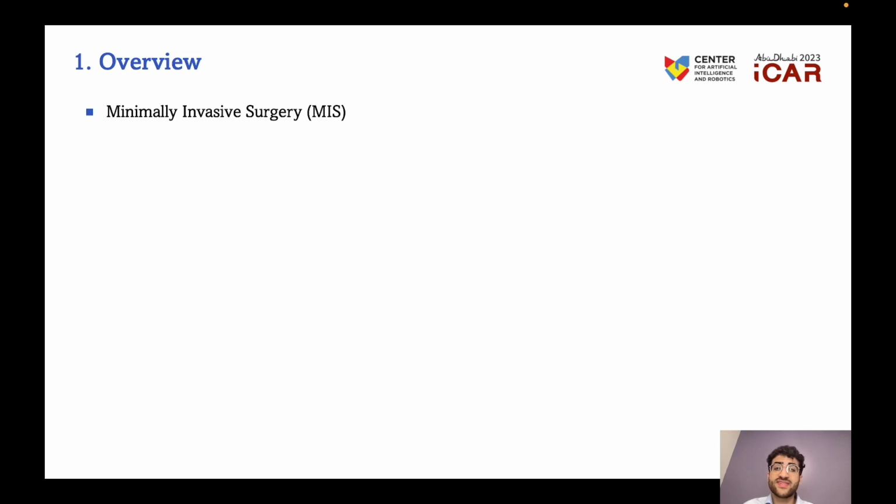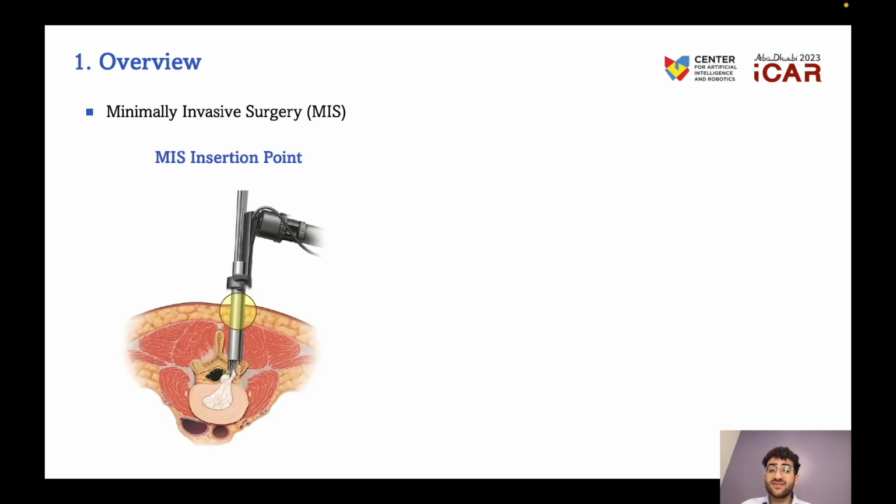So what is minimally invasive surgery? As most of you probably know, MIS are types of surgeries that are performed through small incisions. That is done for several reasons, mainly to reduce the recovery time of patients after the surgery. The main distinguishing point of MIS compared to other surgical techniques is that all of the tools as well as the instruments to be used in the surgery have to pass through that insertion point